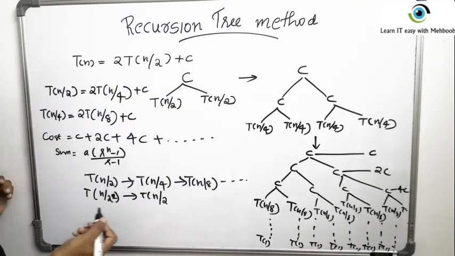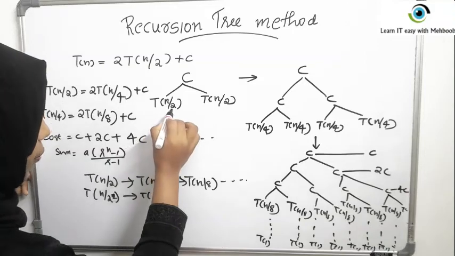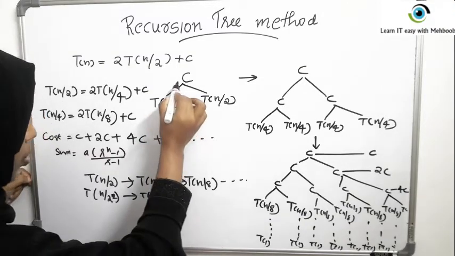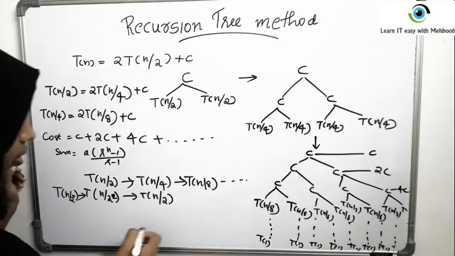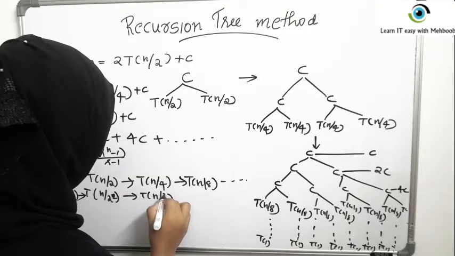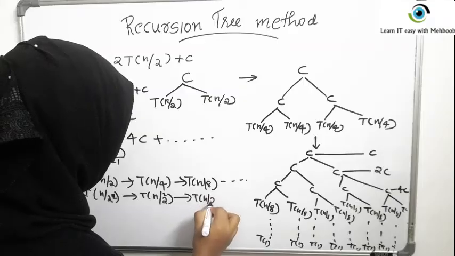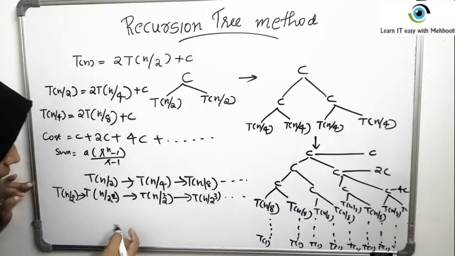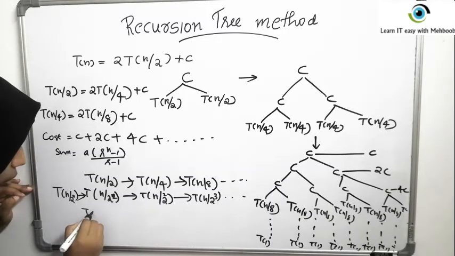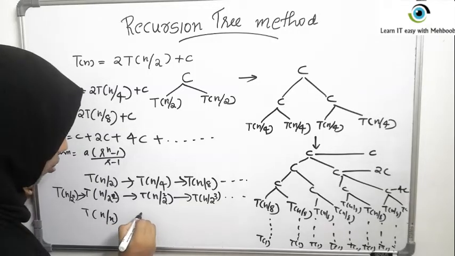Initially there was nothing at all, isn't it? So n by 2, because in this level it is T(n/2). So here there was nothing. You may even write it as T(n/2^0) to begin with. Then n/2^1, n/2^2, n/2^3, and it goes on like that. So at some point it will eventually reach T(n/n), that is, some 2 raised to i.